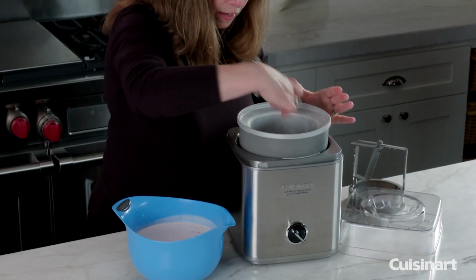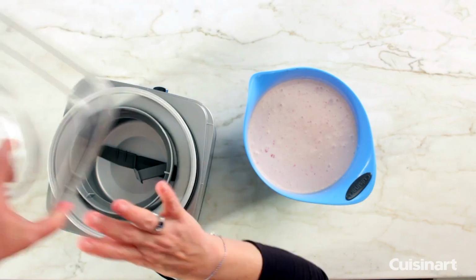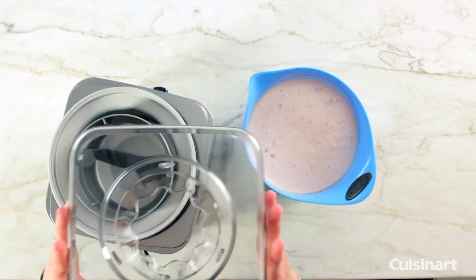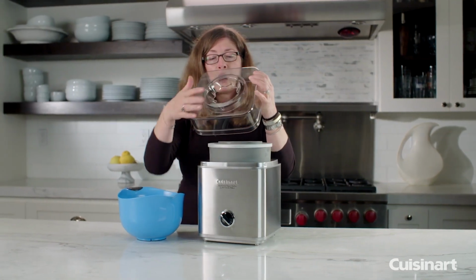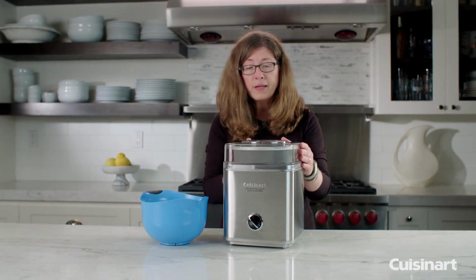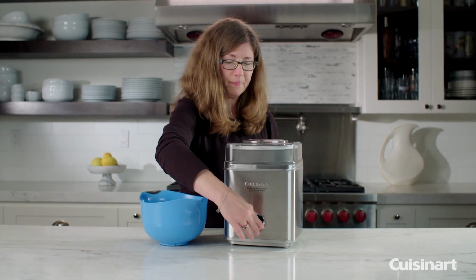The Cuisinart ICE-21R is a no-fuss, fully automatic ice cream maker that crafts delicious homemade ice cream in just 20 minutes without breaking the bank. This model keeps things straightforward, focusing on functionality over frills. The operation is clean and simple. The double insulated freezer bowl locks into the base, the mixing paddle snaps in, and a plastic cover tops it